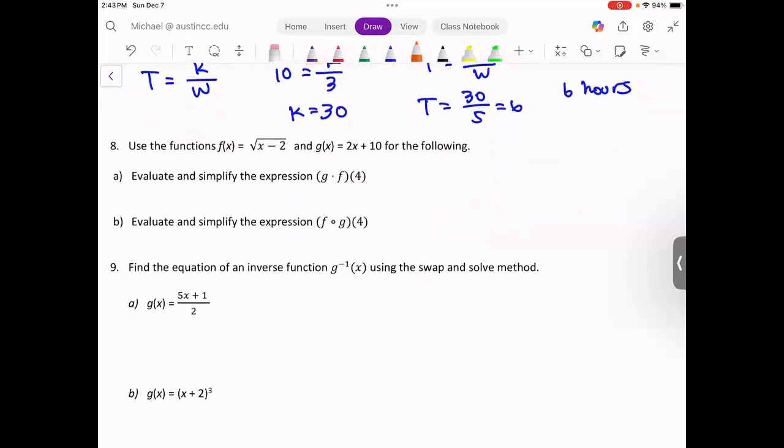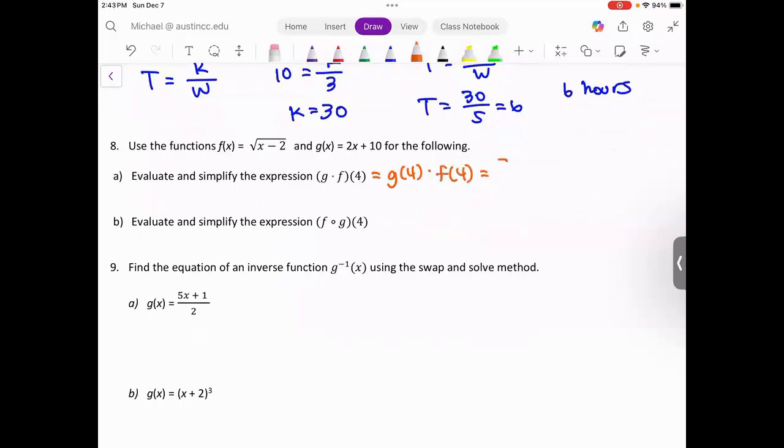Okay, given 2 functions, we have f of x equals the square root of x minus 2 and g of x equals 2x plus 10. We want to evaluate and simplify these following functions. We've got g times f of 4. This is the same thing as g of 4 times f of 4,